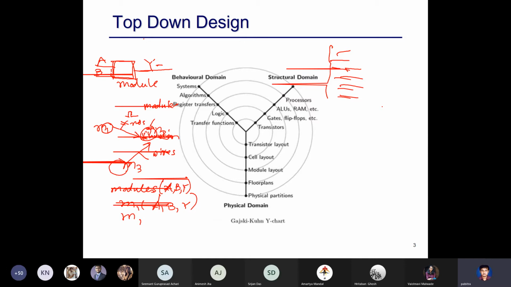So this is how hardware is converted to a function kind of thing. In effect, this is almost like a C function. You have a function name, which is the module name.